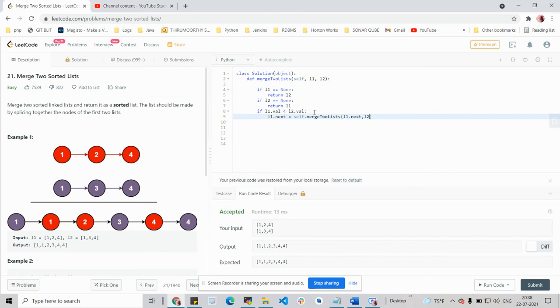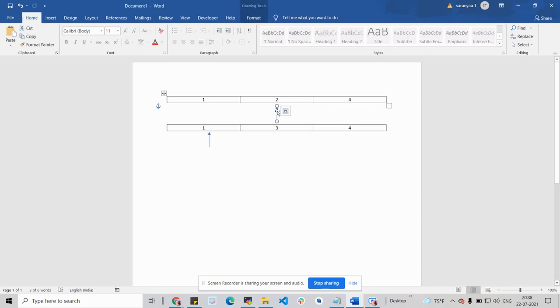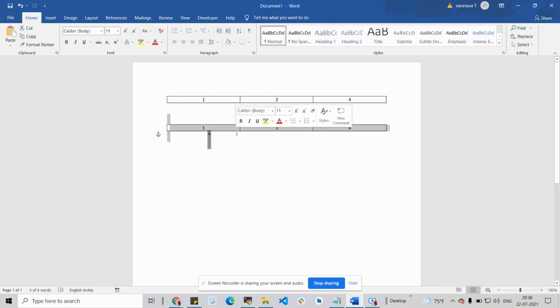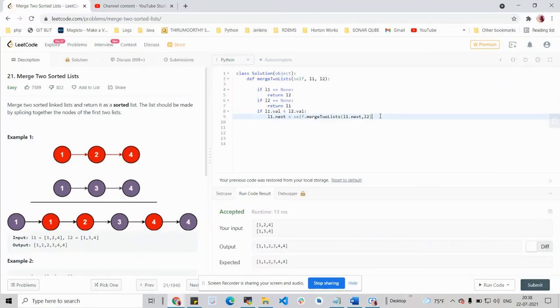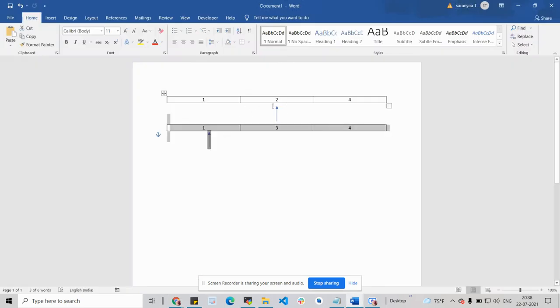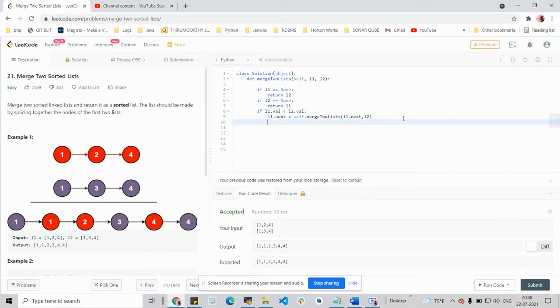If you see the difference here, in the main method call, it is just the head of both the lists being compared. When this condition is met, we are moving the pointer of the first list to the second node and making a comparison with the next value and the rest of the elements in the second list in our call stack. So this is how the value will be pushed to the call stack when the program executes in a recursive way.